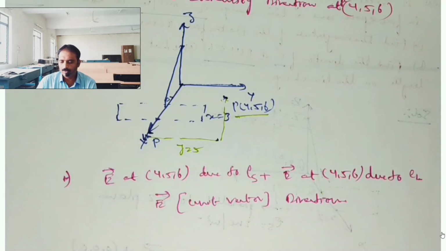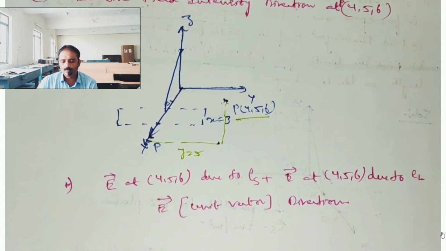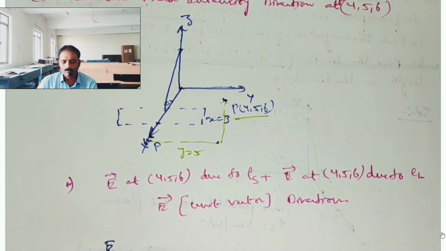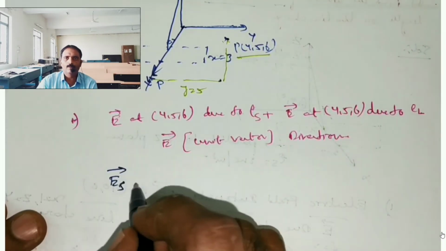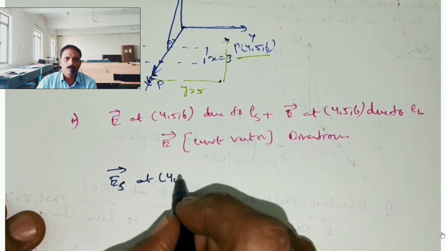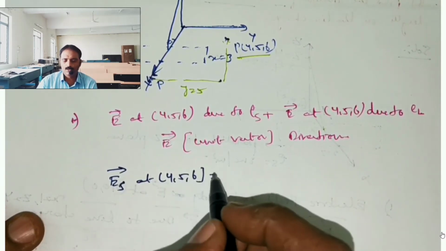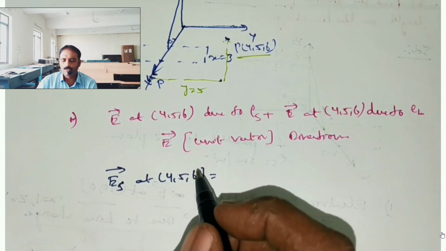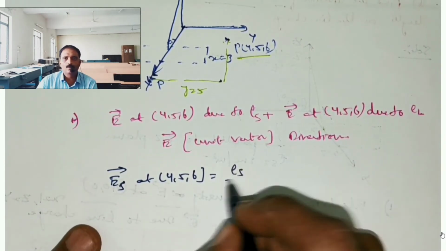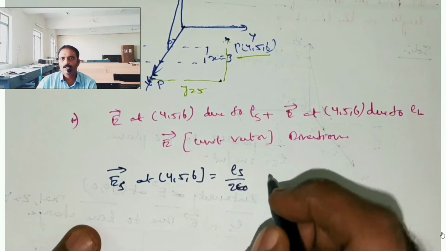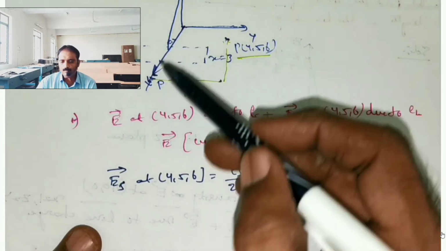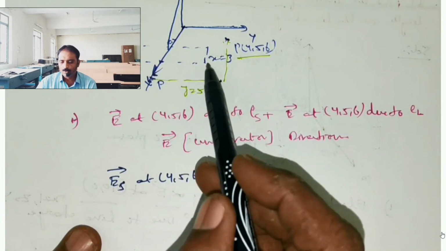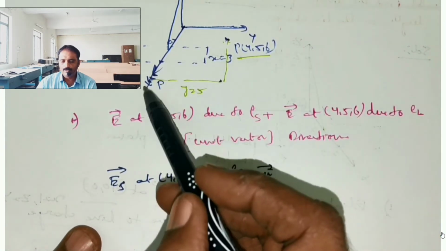Okay, as we discussed previously, E bar is the unit vector direction. First let us find out ES bar at 4, 5, 6. So we continue the same that we have done earlier, that is rho s by 2 epsilon naught into AN bar. So here we get AN bar as equal to plus AX bar because this will be directed away from the origin. Okay, so here rho s by 2 epsilon naught into AX bar,